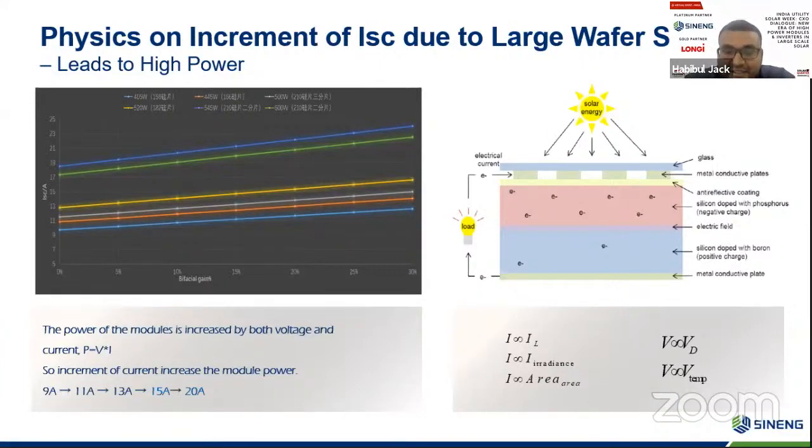Though the cell area increases, the voltage remains the same due to the half cut technology. Vendors basically cut not only the cell into half, but modules too. Series connected half cut cells are connected in parallel, thus the voltage gets reduced. On the left hand side, we can see the current increment with different rating modules, and it goes beyond 15 ampere. And with rear side gain of bifacial module, it reaches up to 20 or 22 ampere.